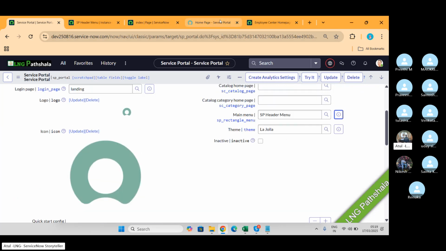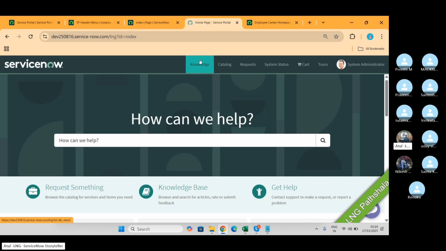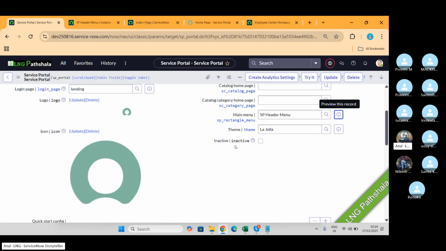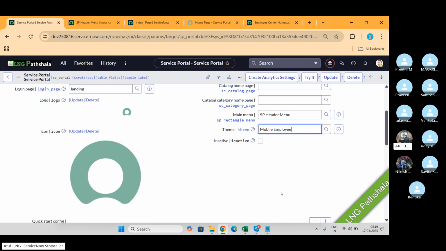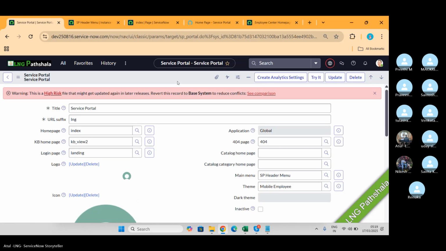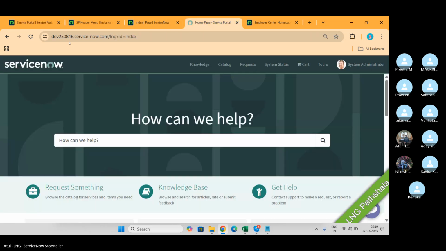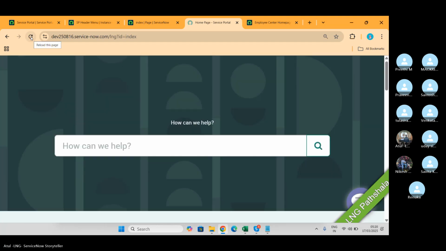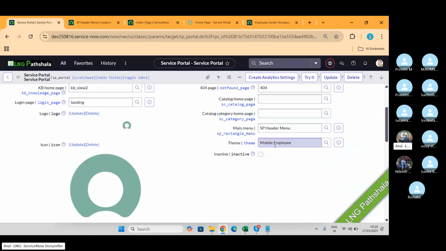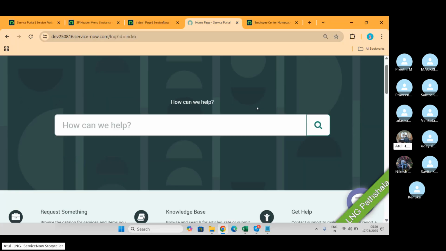And then come back here. Theme. Able to see the screen color theme? I want to change the theme. Yes, I can change it. Go here. I want to change it to the mobile employee theme. And refresh. The good part is that it doesn't require anything to be restarted, very quick. See, what did we change? We changed the theme and the full page has been changed. See.